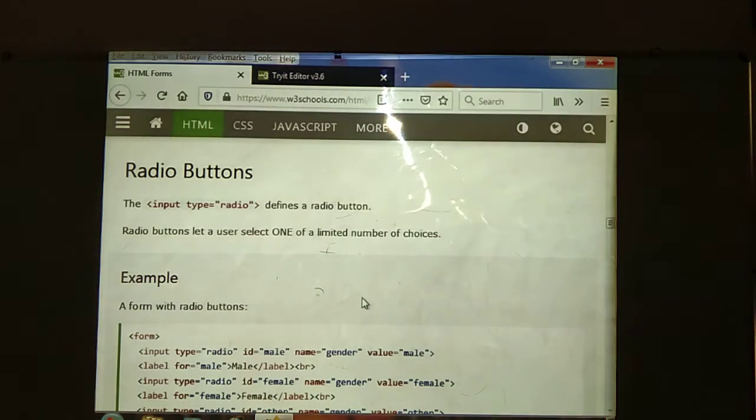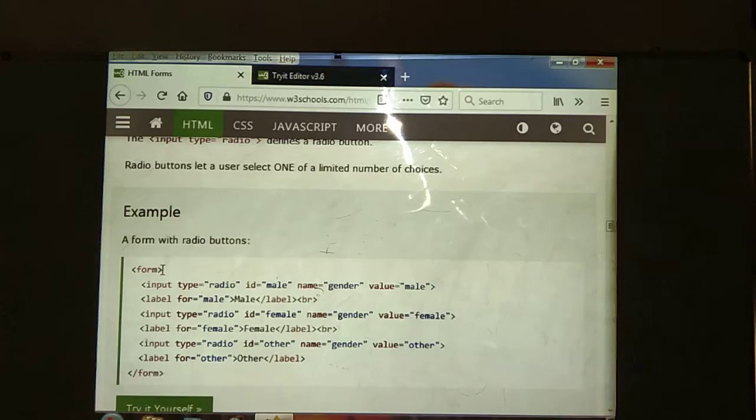Button. For that, suppose we have a gender option. In the genders, how many genders are there? First one will be female, male and others. In that, a limited number of options are there, and in that we need to select only one option. That is the use of the radio button.